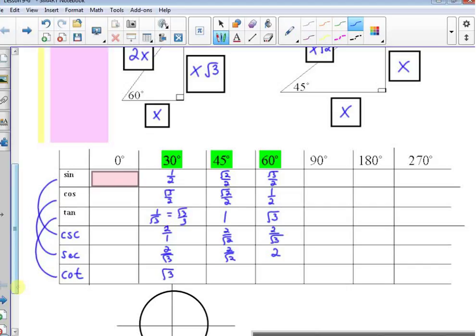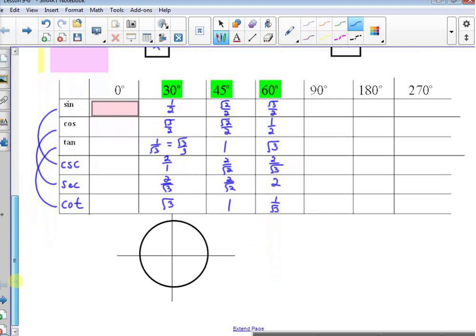So if I flip the 1 over radical 3, I'd get radical 3. If I reciprocate 1, I get 1. And if I reciprocate radical 3, I get 1 over radical 3, which is equal to radical 3 over 3. You do not necessarily need to rationalize the denominators for these, but you should when you're solving actual problems with them. So now to figure out the quadrantals, I'm going to